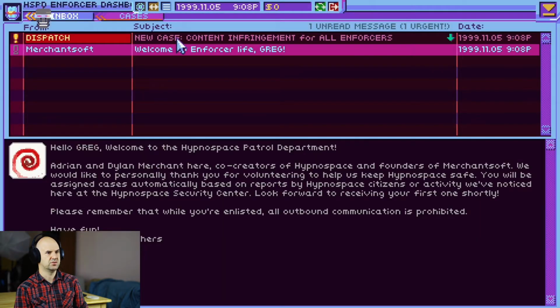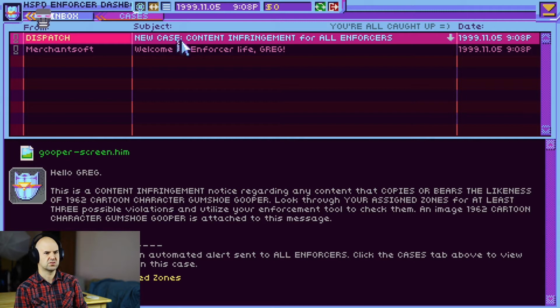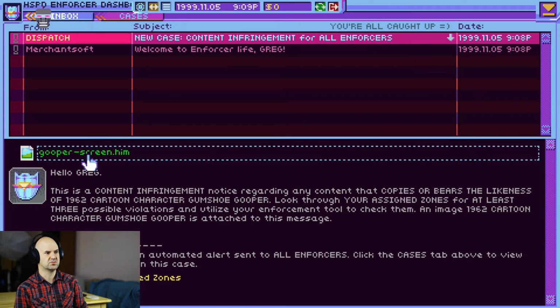Okay. New case. This content contains copies that bear the likeness of a 1962 cartoon character, Gumshoe Gooper. An image from 1962 is attached to the message. Show me what Gooper is.